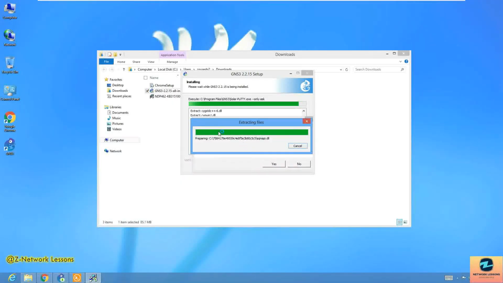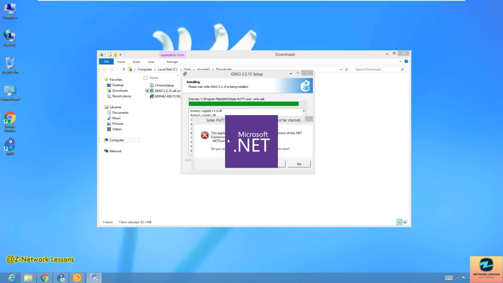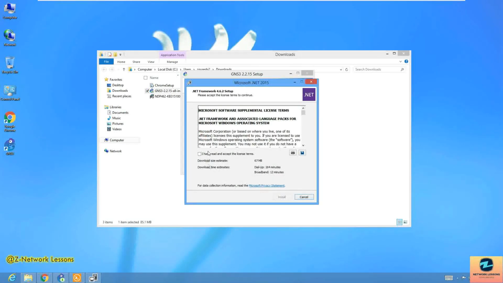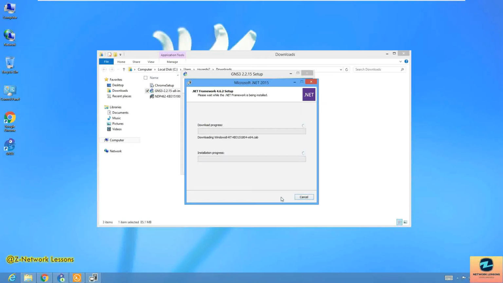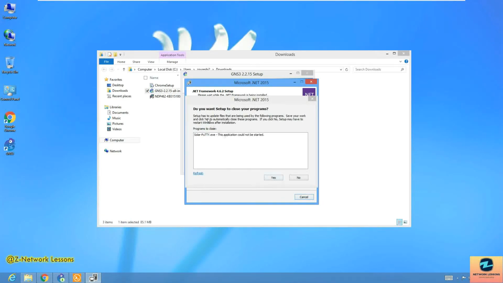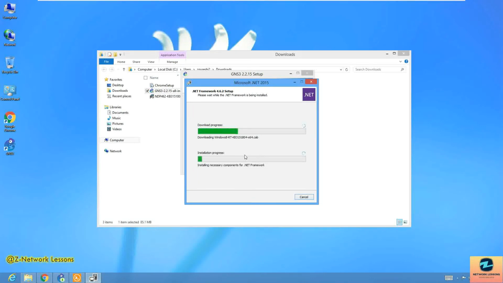Minimize for the time being. Extracting. Once this is extracted, this will be installed. So I have to agree with the terms and conditions, and it will download this .NET framework, and then yes. Okay, do you want setup to close your programs? I would say no for the time being, because I have to